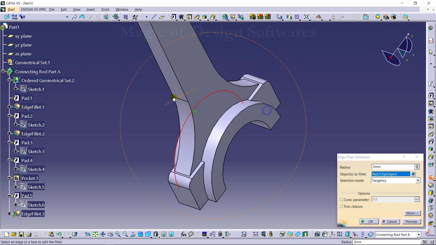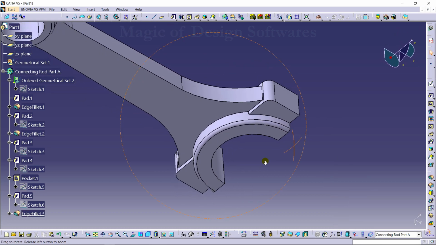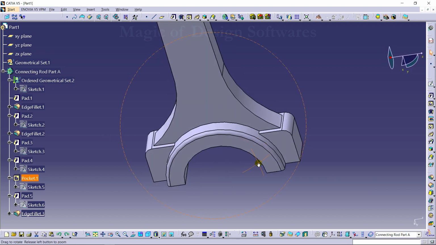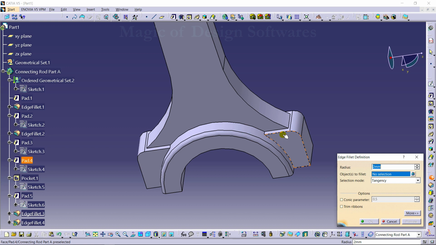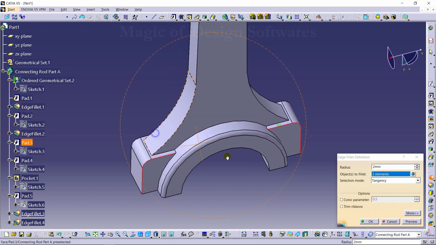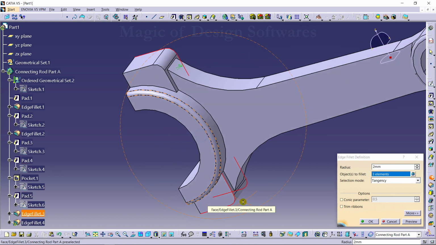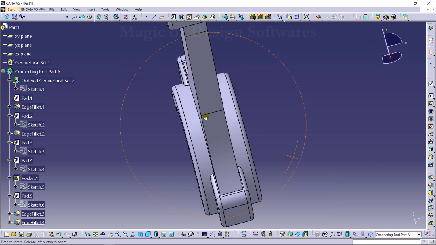This one and this one, 2 mm preview. Okay, so now I'm going to make an edge fillet on this and this one, similarly on this one also. Okay,